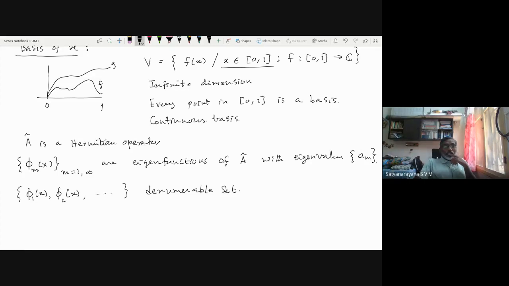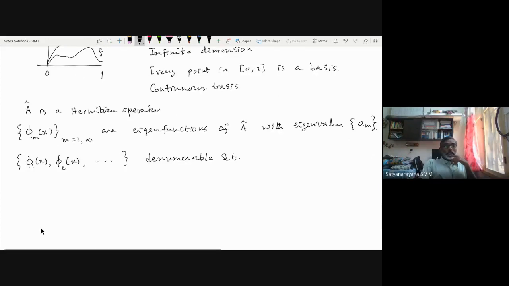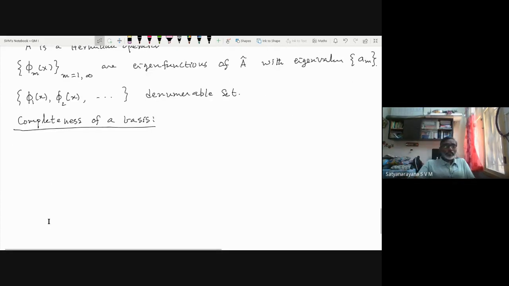Now there is a concept called completeness of a basis. What we discussed earlier was the completeness of a set. Every basis is complete in finite dimensional Hilbert spaces, but only when you go to infinite dimensional Hilbert spaces, this is required to be addressed. So, what is the completeness of the basis? Before we understand this completeness, let me go back and represent